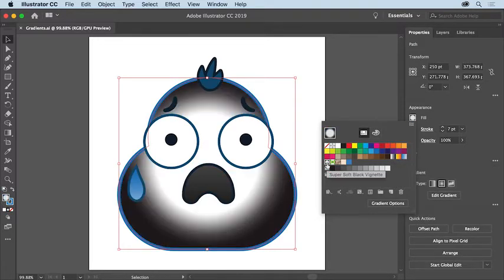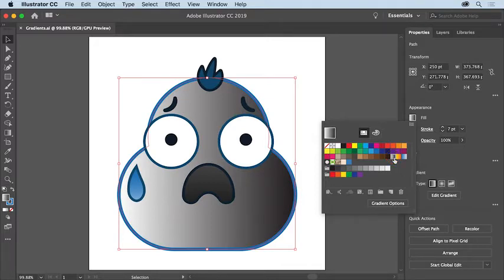Gradients can add interest, depth, and dimension to your artwork. And in Illustrator, gradients can be applied to the fill or stroke of most objects. Make sure you finish by applying the gradient called white-black here. Once you apply a gradient, you can then edit the colors as well as how it appears in the selected